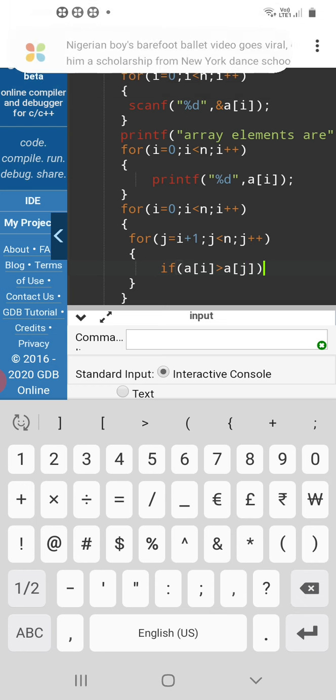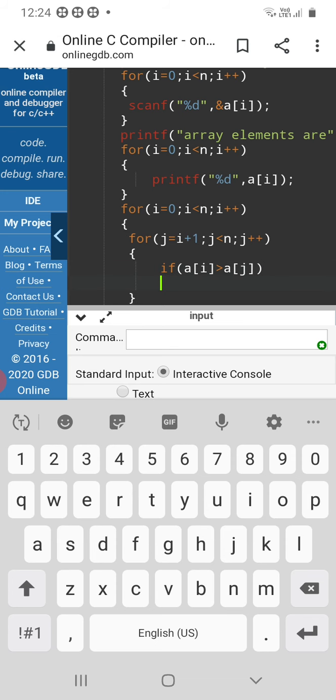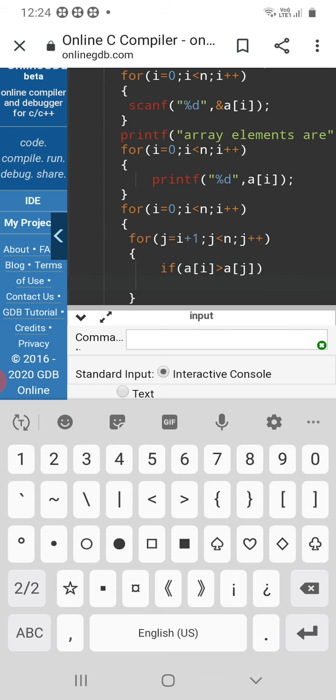Next, opening the bracket, use curly brace.